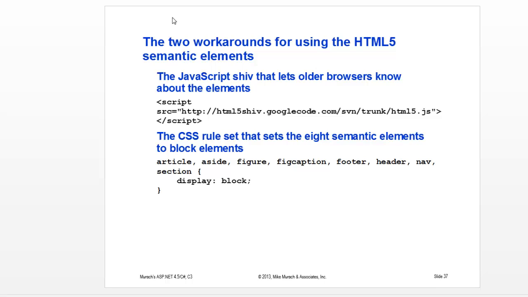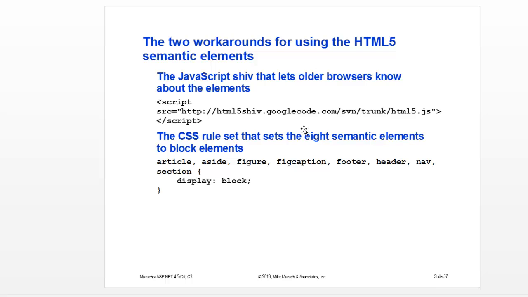So in order to get them to work on older browsers, you include what's called a JavaScript shiv. This is basically like you're duct taping this so that if their browser does not understand HTML5, this code will actually take care of it. So notice it's html5shiv.googlecode.com/svn, for the subversion source code, /trunk/html5.js. You just basically copy paste that, and then you can copy and paste this rule set to ensure that